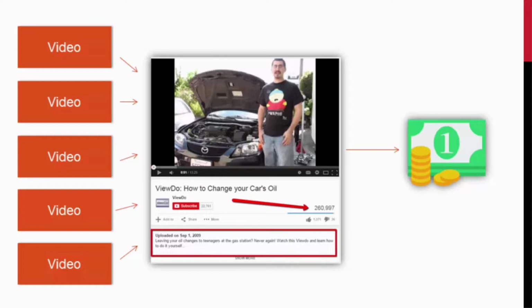All right, so when we come to them and offer them some money to put a link in their description, it's usually a no-brainer for them because they're like, hey, awesome. Yes, I will accept your money just to put a link in my description. Absolutely no problem. So they're going to put a link in the description and it's a win-win situation.